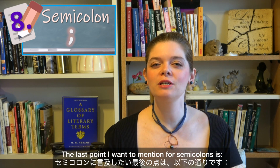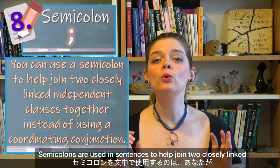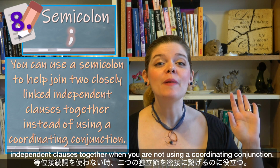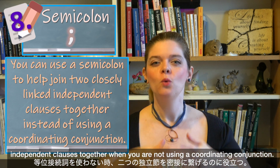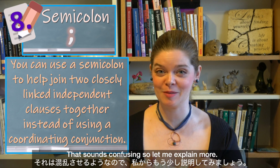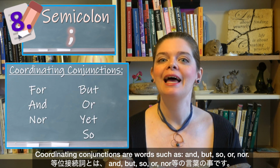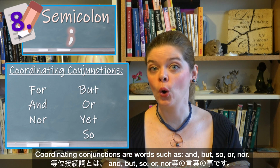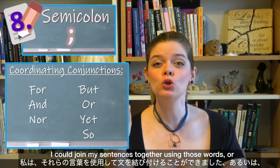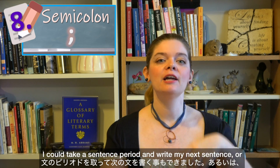The last point I want to mention for semicolons is semicolons are used in sentences to help join 2 closely linked, independent clauses together when you are not using a coordinating conjunction. That sounds confusing, so let me explain more. Coordinating conjunctions are words such as and, but, so, or, nor. I could join my sentences together using those words, or I could take a sentence, period, and write my next